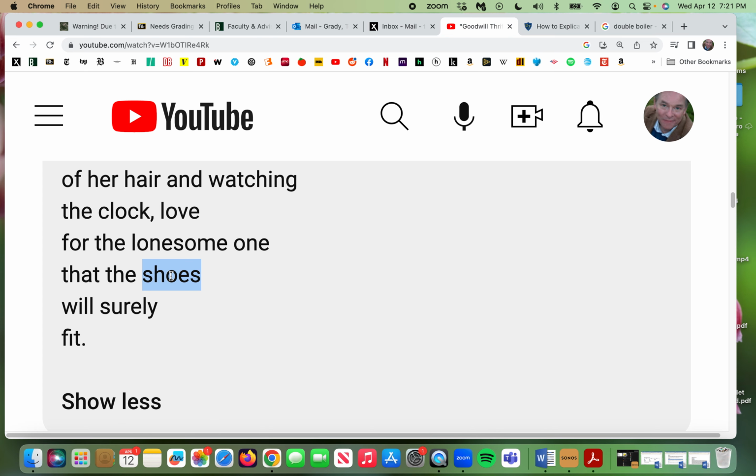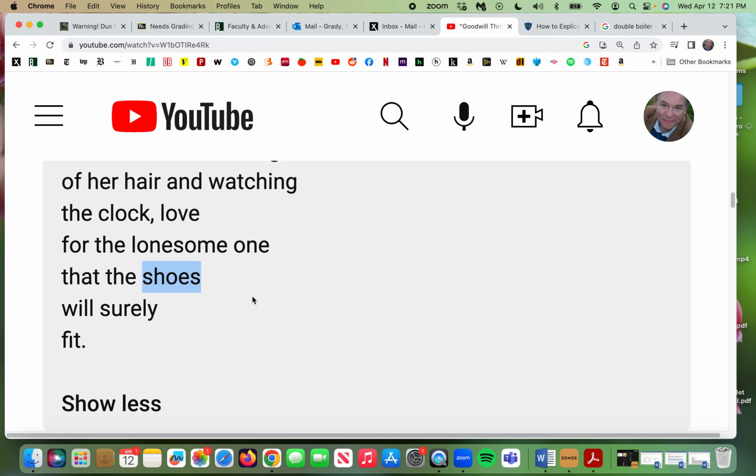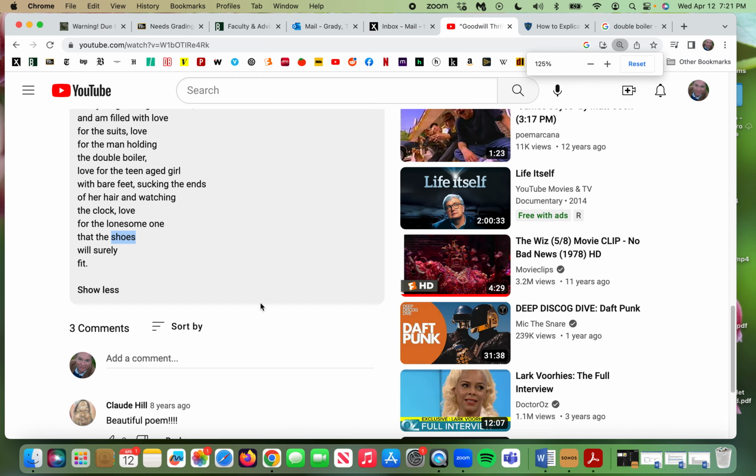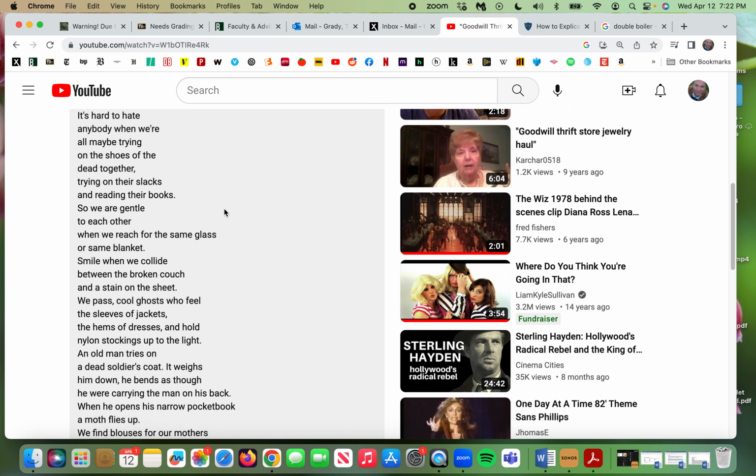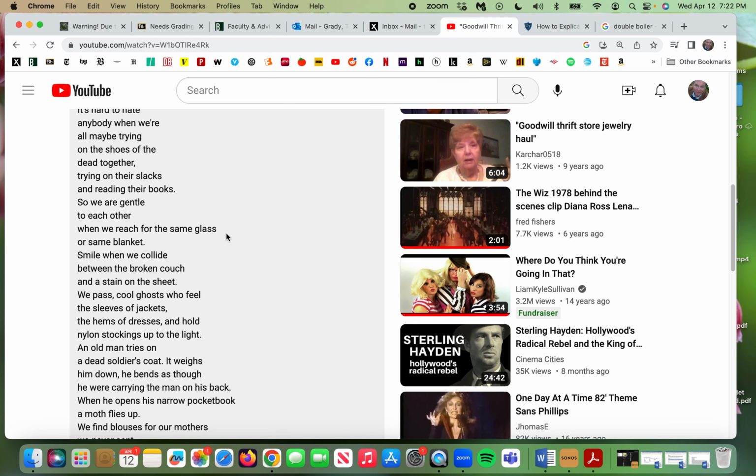So maybe by going through, she sees someone in the thrift store after she's gone through this emotional memory of her grandfather, and maybe a little guilt and sentiment, that when she sees someone who might be lonely and she sees the shoes, maybe eventually someone will get usage out of them and there will be kindness in the world. I don't know. Or maybe it's about her, that she's lonesome. But if we look at the whole poem now, I have a deeper understanding of the poem by reading it and truly investigating it.